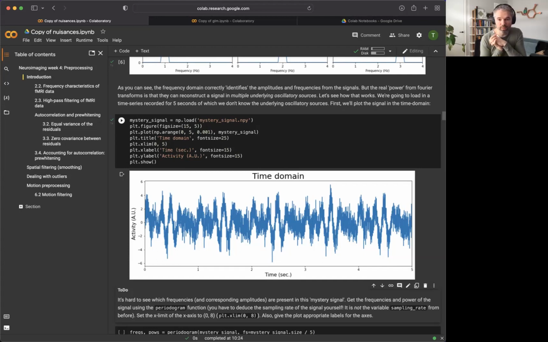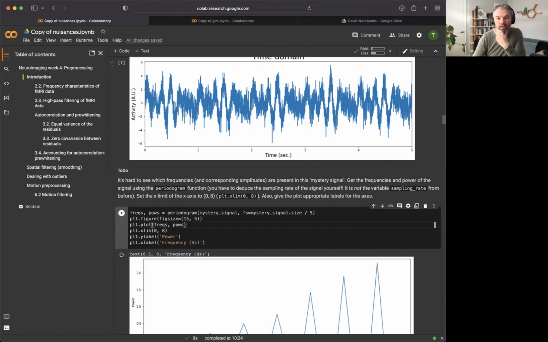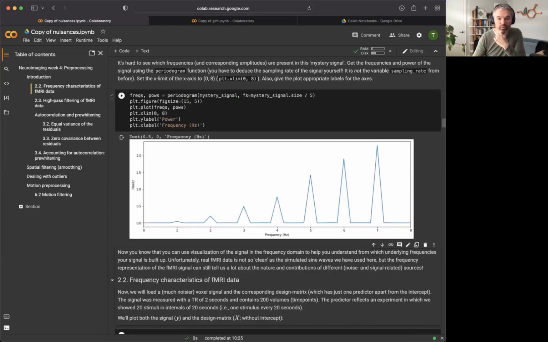So this is a signal that we might be interested in. It might be measurements from the brain, but now you can see this as an arbitrary mystery signal. And we can start to have a look at what are the frequencies that are in this signal. So we can ask for the periodogram of this signal that we've measured. And what you end up with is this,